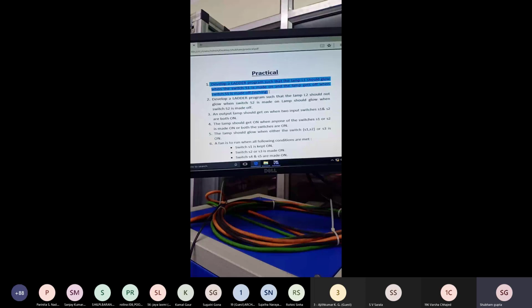This is simple programming for PLC. Just download it and load. I will do the connection for this with the hardware configuration also. Let's do the connection.